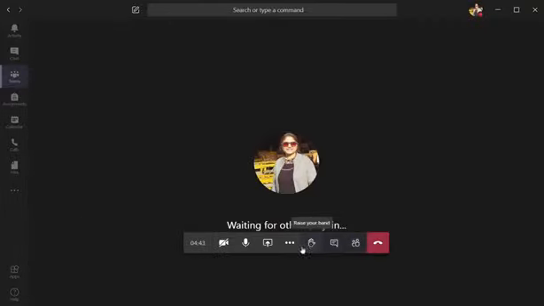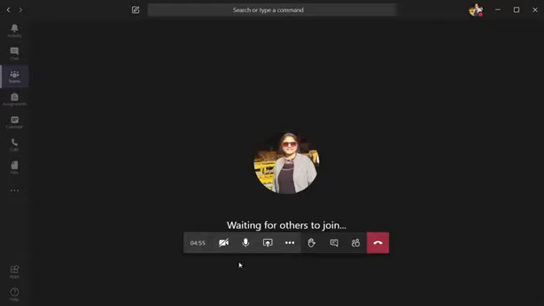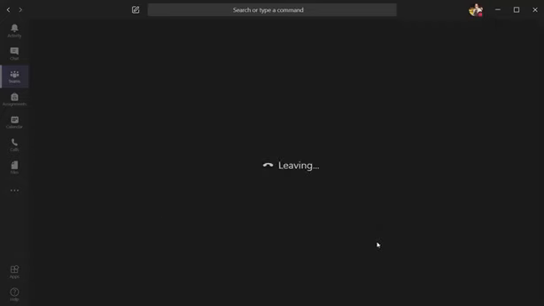Then next one is, yes, I think I have explained all the options under the share menu. So the first one is, again I'll repeat, turn camera on or off. Second one is mute audio. Third one is share, more actions, raise your hand, show conversation, show participants, and the last one is when you are done with the class, click on hang up. That means you will end your video online class.